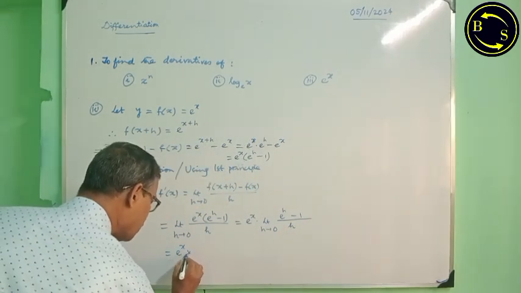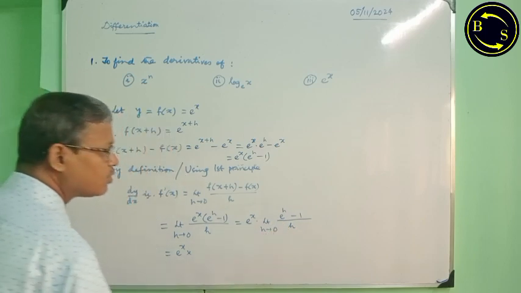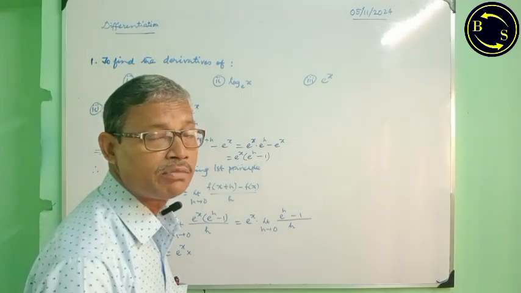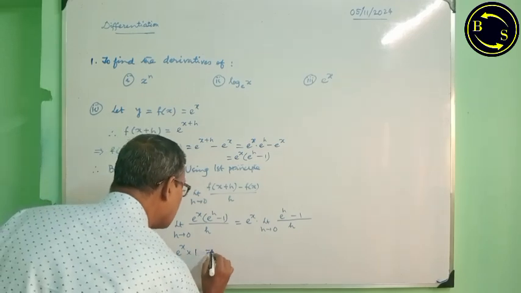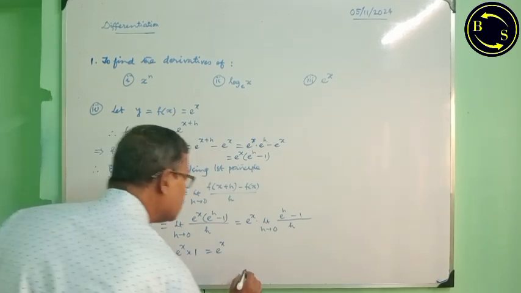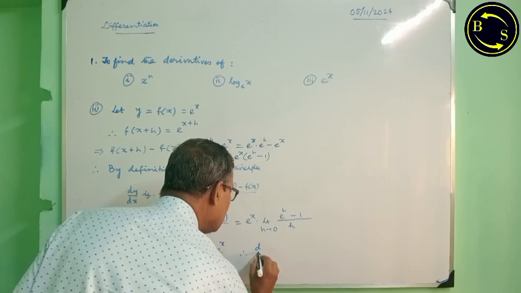Already this is a standard limit, limit h tends to 0 of e to the power h minus 1 by h, the value is 1, therefore finally we get e to the power x. Therefore you write finally